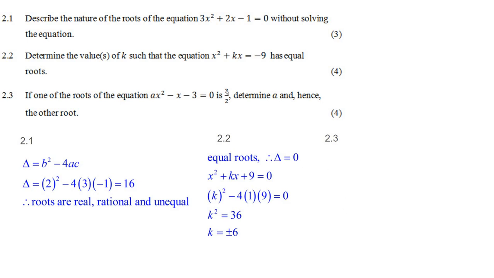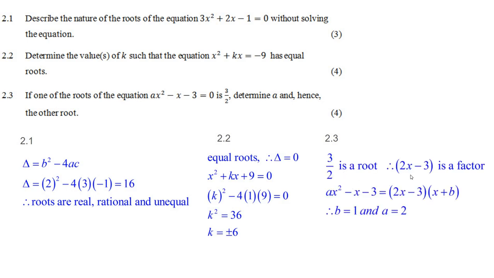Okay, so if 3 over 2 is a root, well, that means that 2x minus 3 has to be one of the brackets. It has to be one of the brackets. So there you go. Now, I haven't answered the question here, so I'm going to, but I've almost got the whole thing, because it's 2x minus 3, and then it's got to be x times something. What does that b have to be? Well, it has to be 1, because minus 3 times 1 is the only way you're going to get minus 3. So you're locked into b being